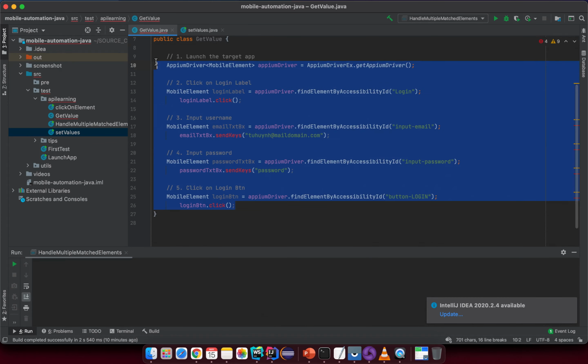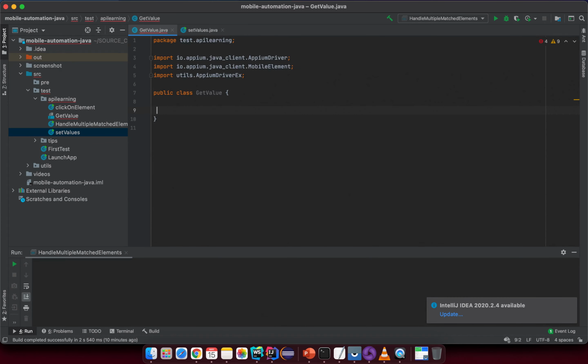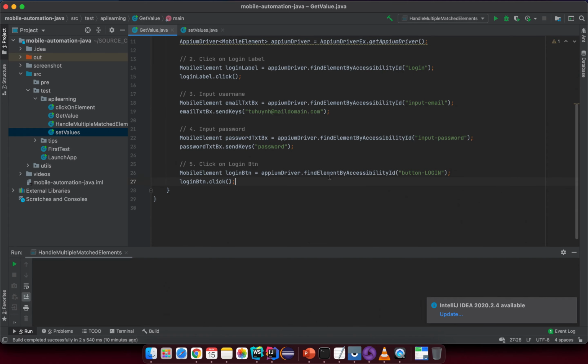Because I forgot to create the main method here. So just create a main method here, and then I put all the things inside. Now in step number 6 here, what I want to do is wait, but actually I don't need